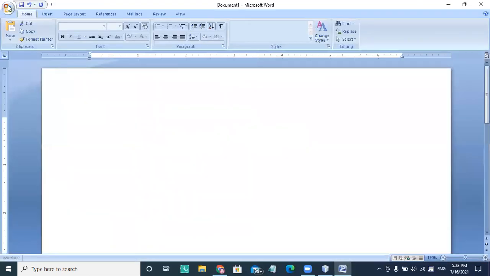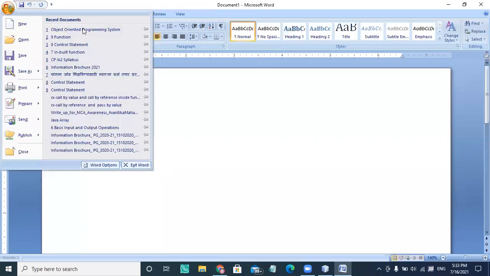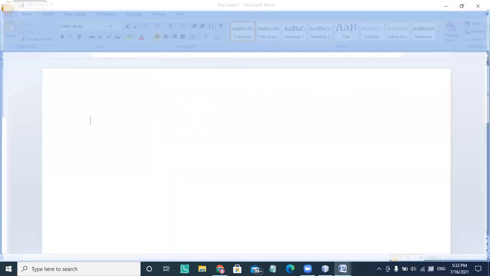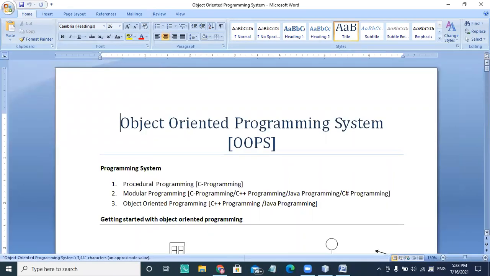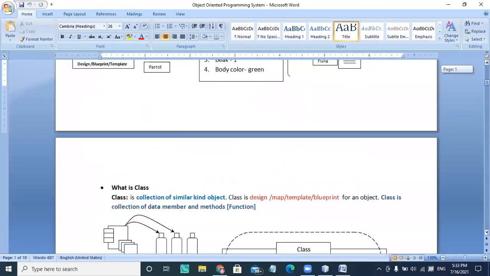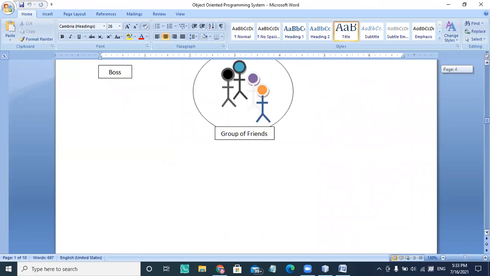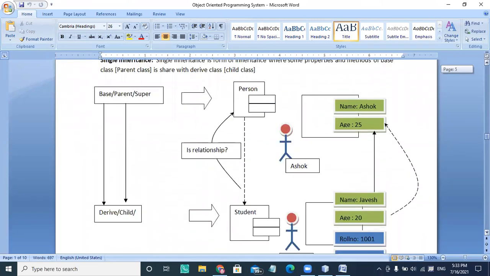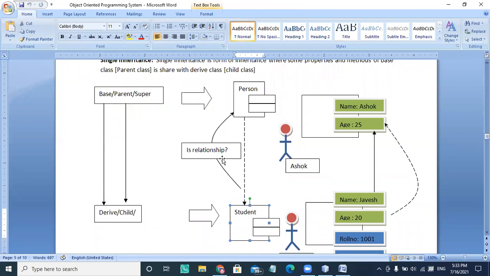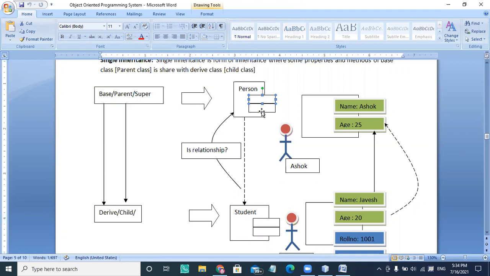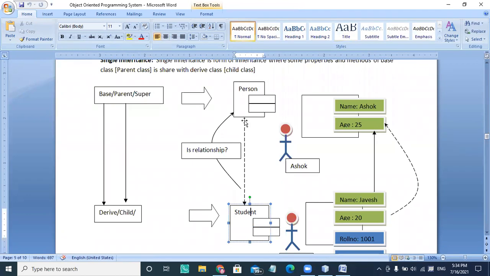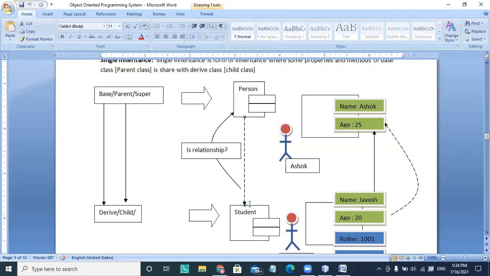If you see the notes, this is my person class, and this person class is going to be inherited by the student class. So the properties of the person class are available to the student class also, if we are extending the person class as a student.